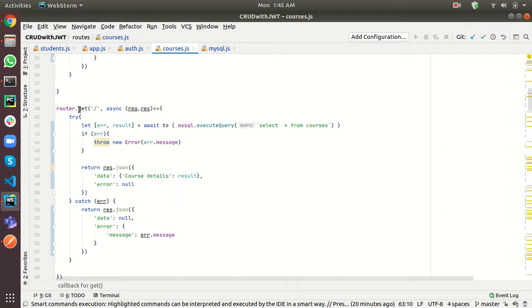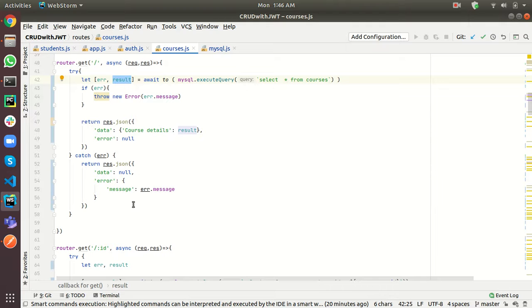I have just hit a GET request to get the list of all the courses we currently have in our database. Those who know the basics of MySQL, SELECT * FROM courses, we will get all the courses in this result variable, and all these courses will be printed to the client.